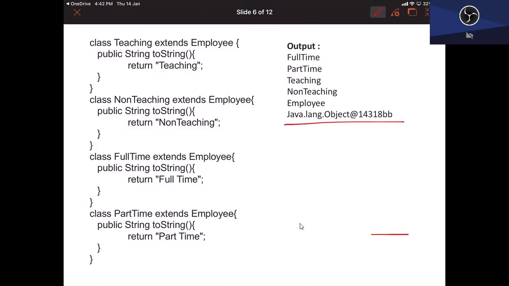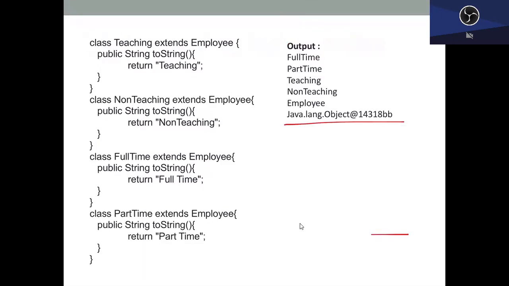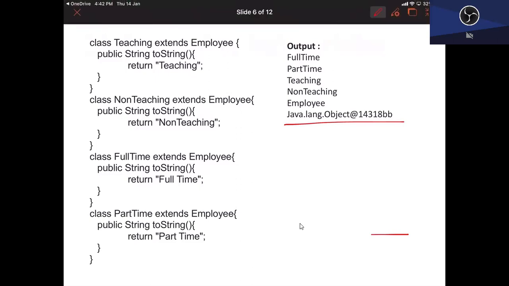So this is about your polymorphism, or this is known as your dynamic method dispatch. Dynamic method dispatch.